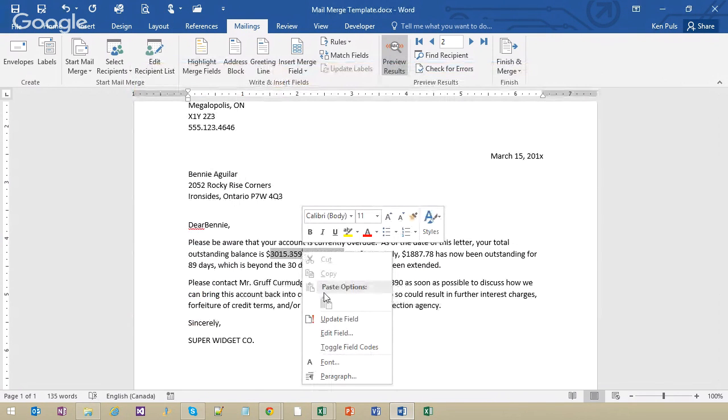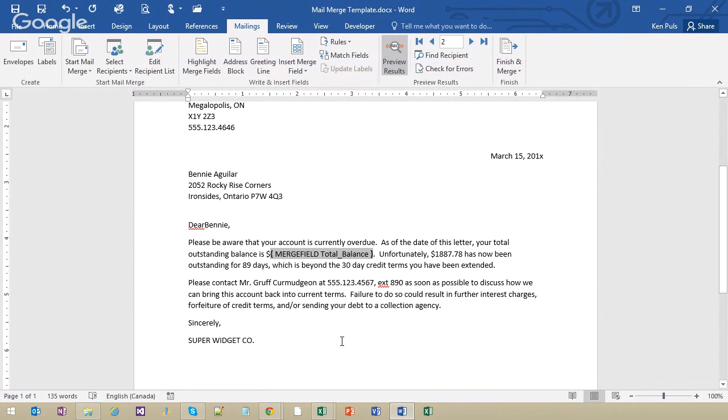Let's go back and toggle field codes. Oh, that looks even less helpful. Well, here's the thing. What I do when I'm working through this kind of stuff and trying to figure it out is, let's just grab